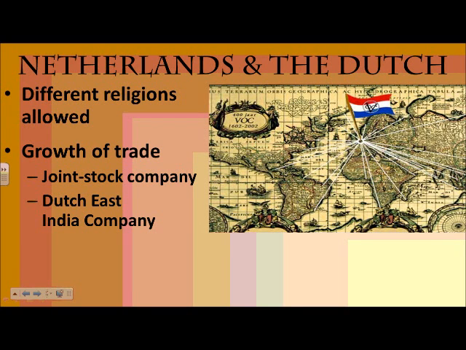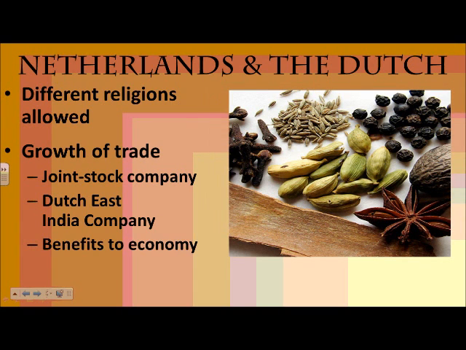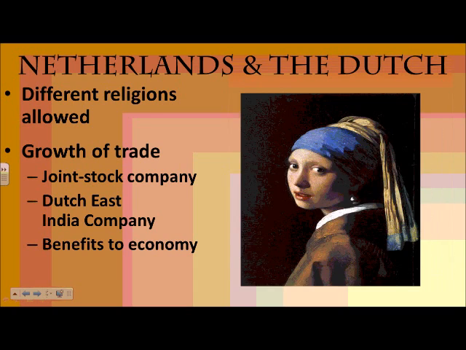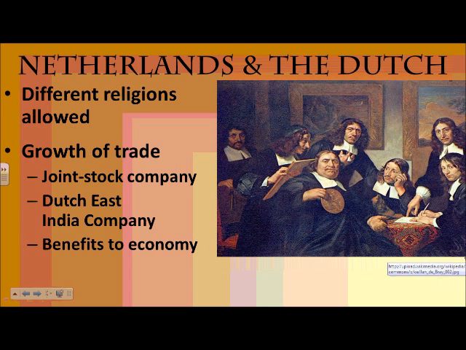The Netherlands is very, very small, but through the Dutch East India Company and joint stock companies, the Netherlands will end up having a big influence around the world. When they bring back the spices or the sugar cane to the Netherlands and sell it, they have a huge profit. So now the Dutch are becoming very prosperous. With the economy growing, once they take care of their needs, I need a house, I need food, then they can take care of their wants. So this is the beginning of the golden age of Dutch art. We have artists like Vermeer, artists like Rembrandt. People have money, people can afford to buy beautiful things.